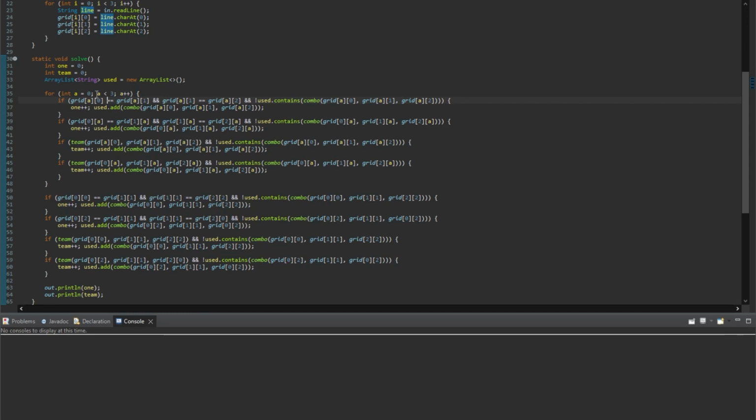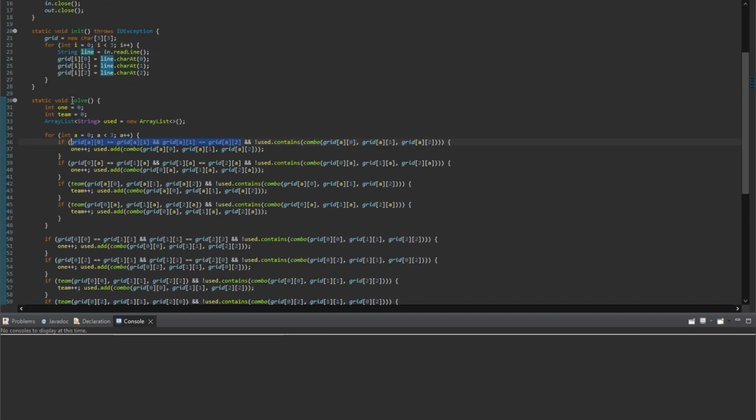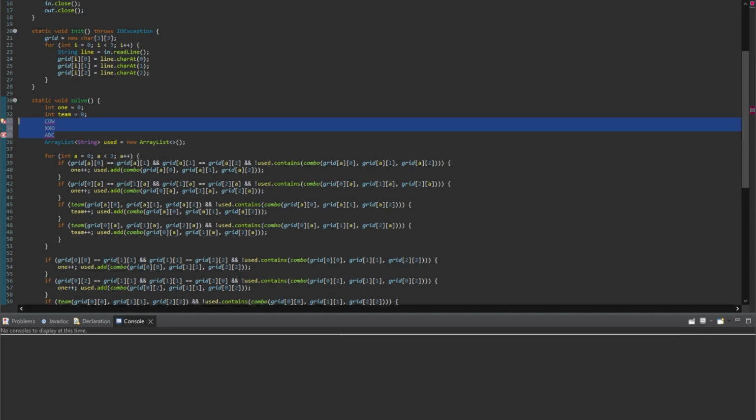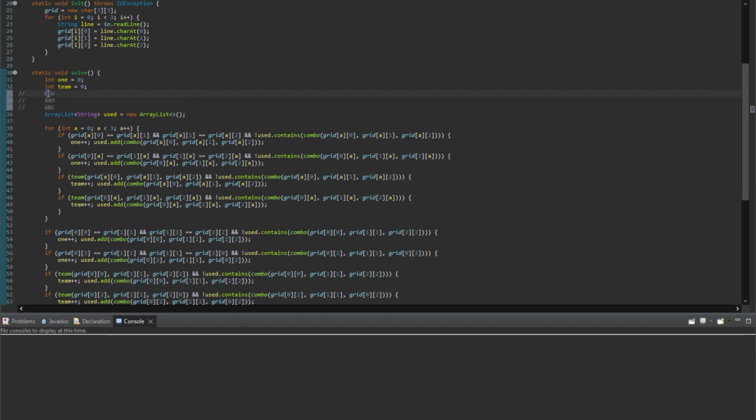So yeah, basically, all you need to know is it's just checking if all three of these are the same. So grid A0, grid A1, grid A2, it's checking that all three of these are the same. And that just basically means, for example, okay, let me write out an example grid. Actually, I'll just copy the grid that we have, comment it out. So basically, it's just checking if this row has three characters that are identical to each other,